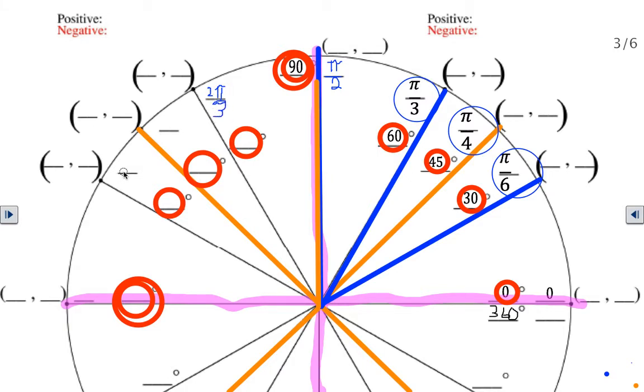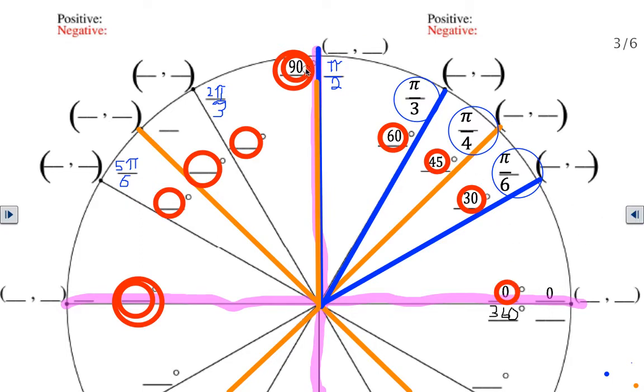Okay, here you would have 4 pi over 6, right? Let me check my work. 1, 2, 3, 4. This would be 5 pi over 6. I knew I was off by something. That's why I said, as you guys are filling out your unit circle, please make sure you use pencil so that if you have to change it, it's not a major issue. You just erase your pencil markings. All right. And then so you just keep on going around. I would like you to try to get more of your radians, but let's go ahead and move on